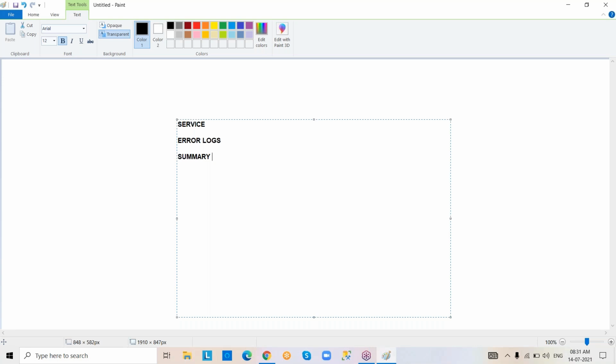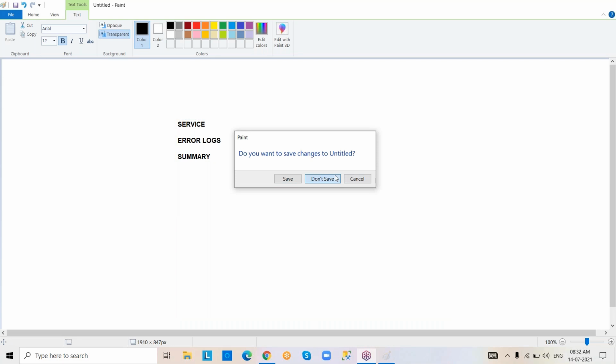So the summary file, summary.txt, a text file. The summary file contains complete information regarding the SQL Server installation. For example, suppose you finished the SQL Server installation, and somebody asks you about the installation details. Then you can go to the summary file and show that. Let me show how to check the services of SQL Server.